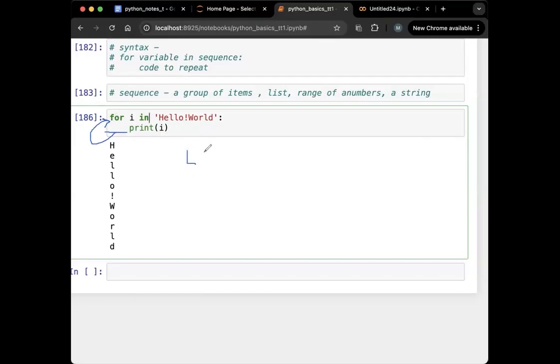I starts with storing each item one by one. So when i's value is h, we enter the loop, we print h. The cursor moves to the next line, we come out of the loop, we move to the next element. The next element is e. We enter the loop, we print e, the cursor moves to the next line, we move to the next element in the loop, which is l, and this continues until we move to the last element, we print